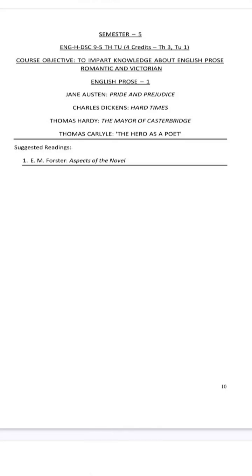Then we have Thomas Carlyle's The Hero as Poet, with the focus on poets as visionaries and spiritual leaders of mankind. Questions could include key concepts of heroism, the concept of heroism as given by Thomas Carlyle, use of creativity, moral responsibility. For Carlyle, a poet is not an entertainer but a hero, a prophet, and a moral guide.